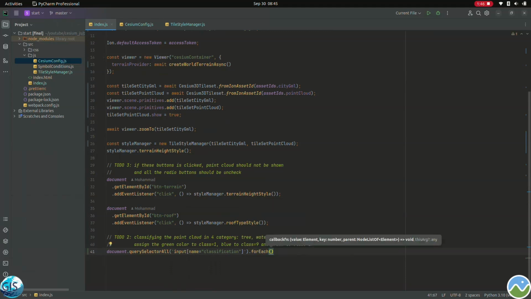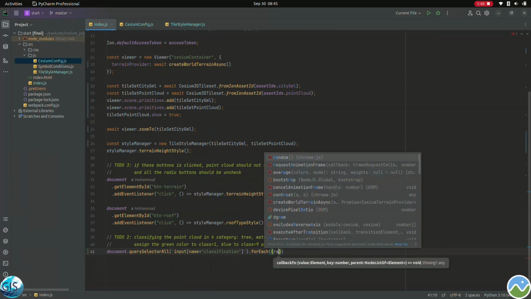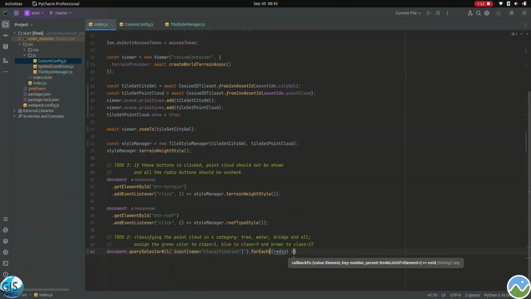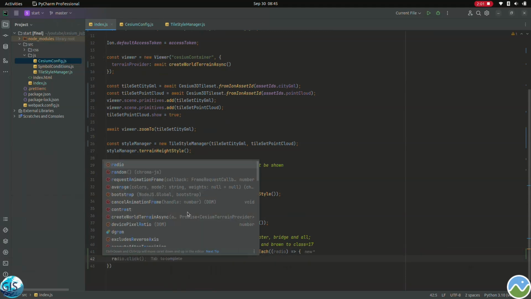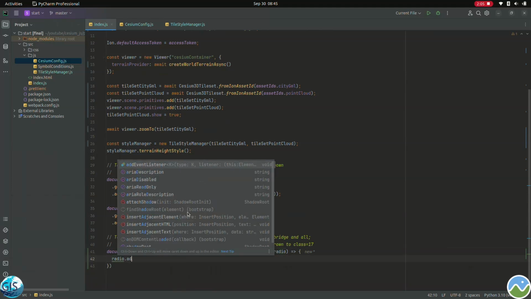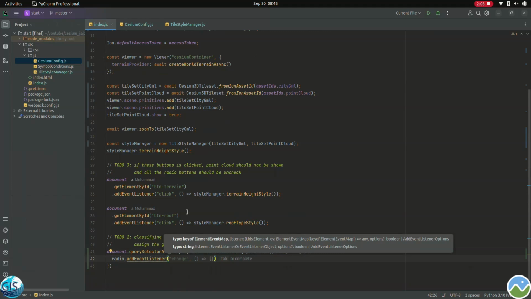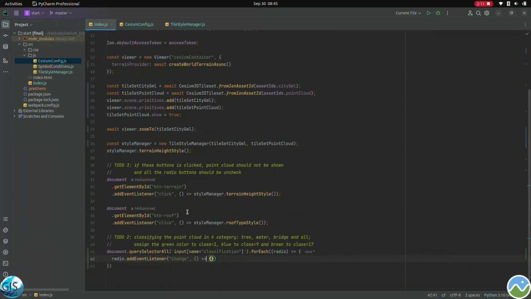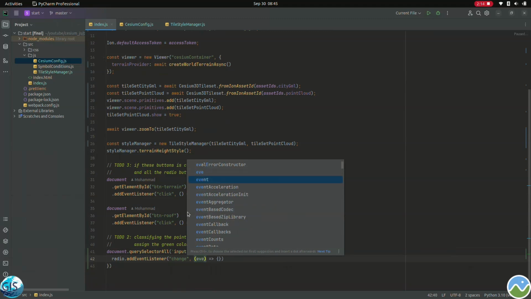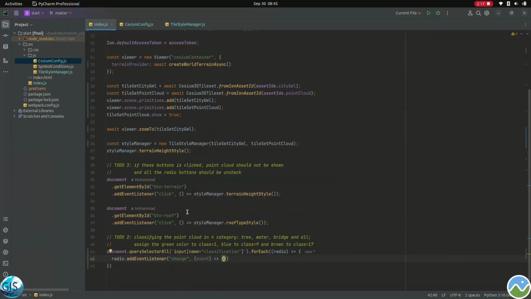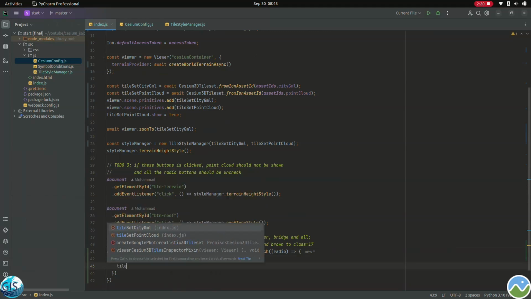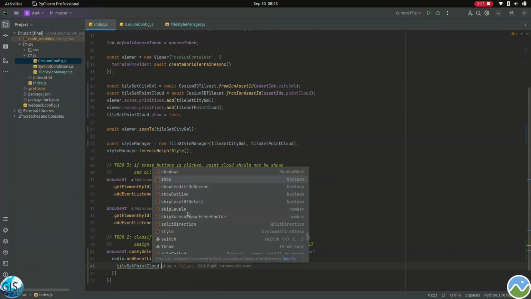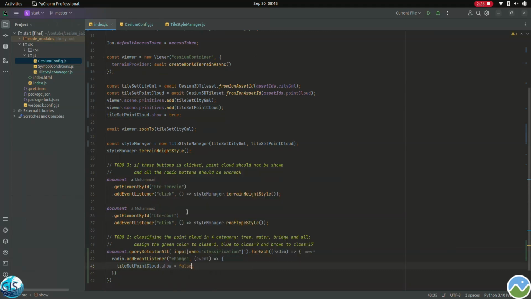And then I want to give a radio, then we need an arrow function for that. Great. Then for each radio dot addEventListener. So when we are calling the change, I need to call event, and after that for each event, first of all I should say that tileset dot pointCloud dot show is equal to true, and then after that